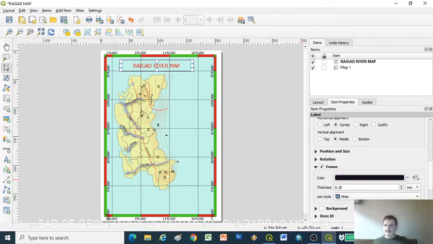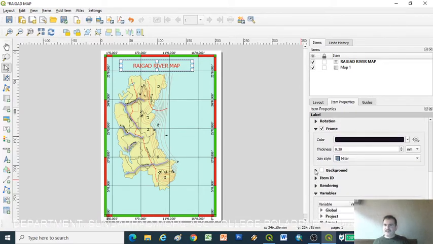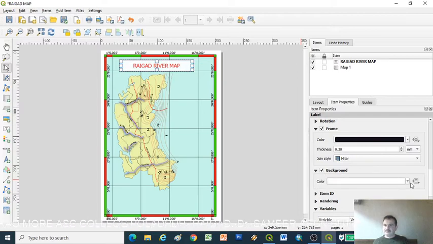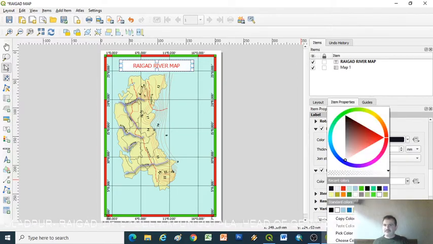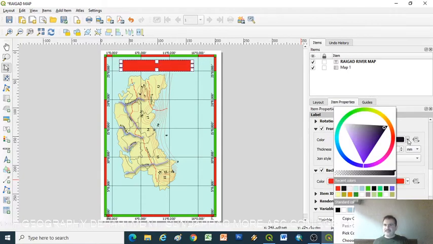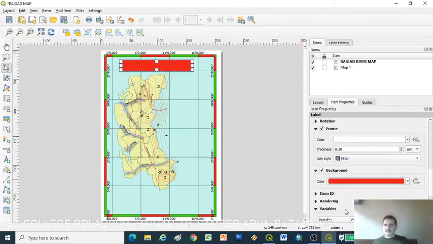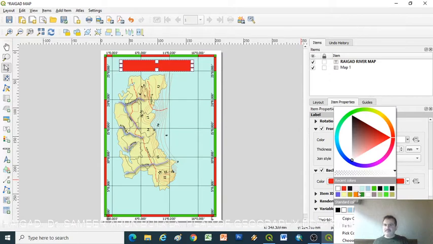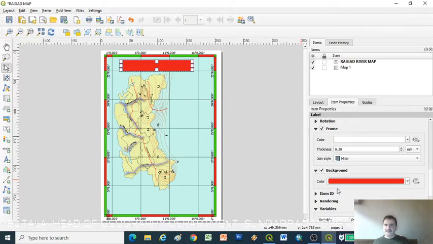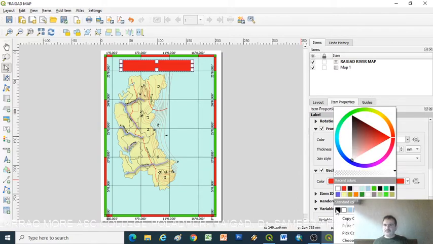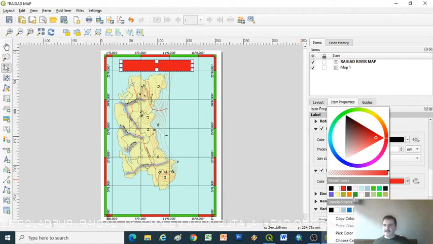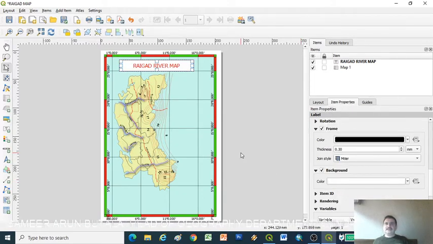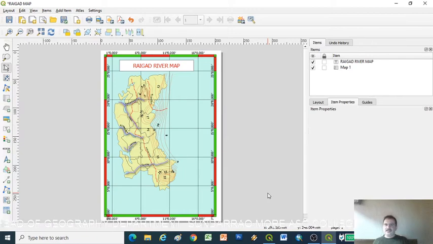I want a background color here, so we can change the background color for these properties like this, and we change this color to white, or maybe any other color. So this is the frame color, which we keep as white. In this way we can change the color.